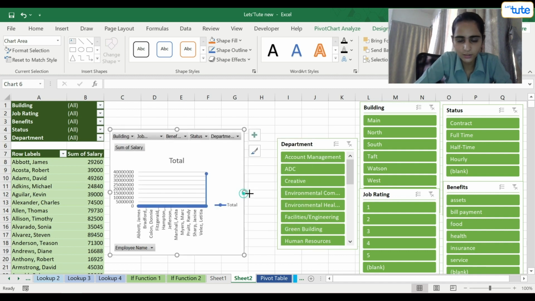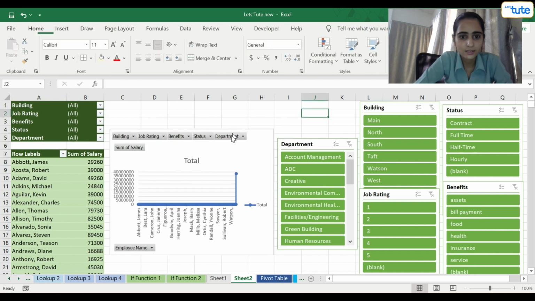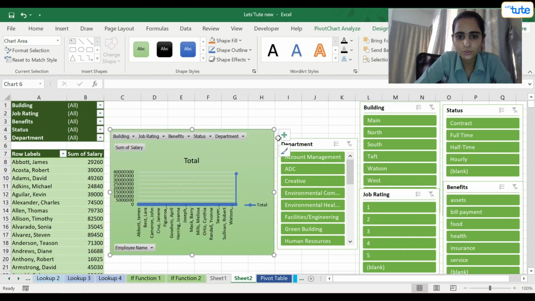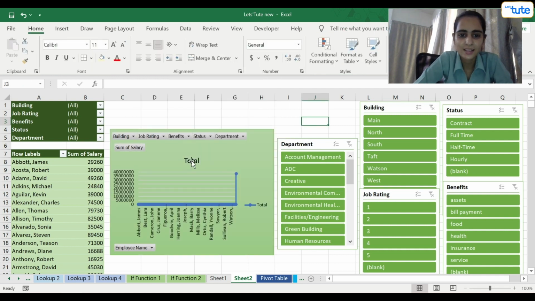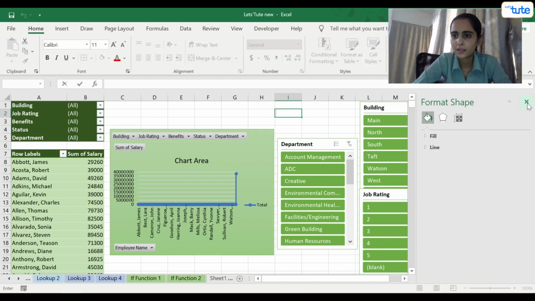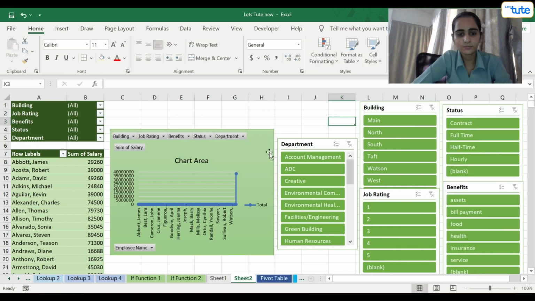I'll show you something in the database to understand. Now I'll give this a good color also, because everything is in a good color. So why shouldn't the chart also have a good color? I can change the title name. I'll double click on this and I can say chart area. Now what happens here? The employee names and the salary are given here. Then again the employee name. Now again we have filters here, but I can do the filter section here also and here also, but we are trying to develop something as a dashboard.